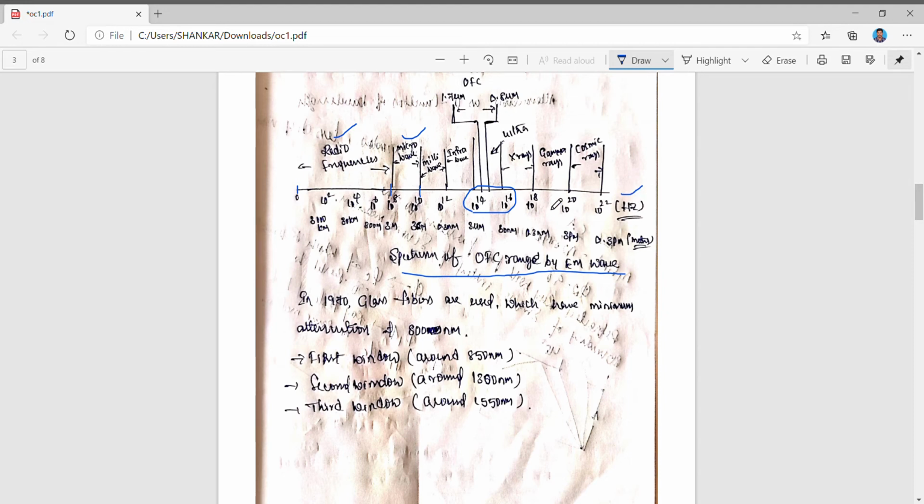Coming to the point of frequencies, it will be represented in terms of hertz. The bandwidth is 10 to the power 14 to 10 to the power 6. Whatever the frequency, it will also be converted into meter ranges. We have to use the meter conversion, so it will represent the meter conversion of the signals. Here I am giving it in terms of a meter representation.